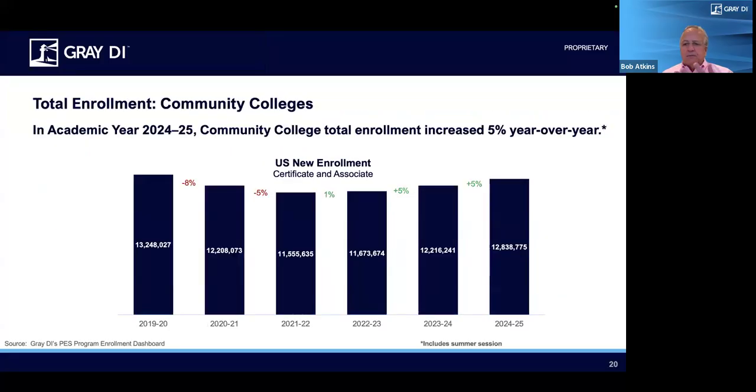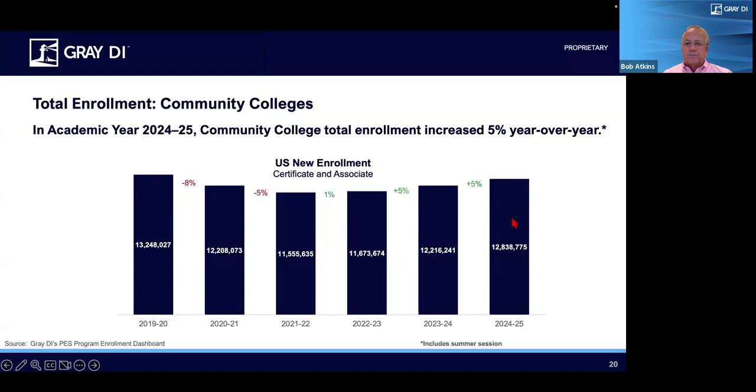And you might think of it as the bottom of a feeder system. So the next step in that ladder is the associates and certificate programs. And this has been a pretty healthy space for 3 years now. It declined very dramatically between 2013 or 14, all the way through to 2021, and then began to bounce back. 22-23 was up 1%, 23-24 up 5%. That's pretty robust growth. And 24-25 up another 5%. You will note that it still hasn't recovered all the way to 2019 levels, but it appears to be making